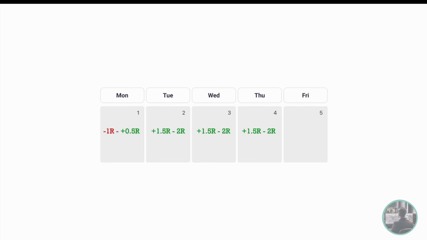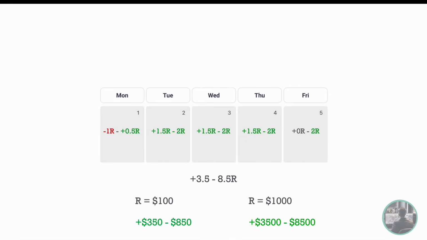On Friday, we either didn't take a trade because we missed it, or managed to snag a quick short if we got in early. So this is going to be a 0 or a 2R gain for the day. And if we stack it all up, we can expect a 3.5 to an 8.5 R gain for the week, worst to best case scenario. And depending on how much you risk per trade, you can expect that R multiple as your real gain for the week. A good system should bring in 10 to 20 R per month,